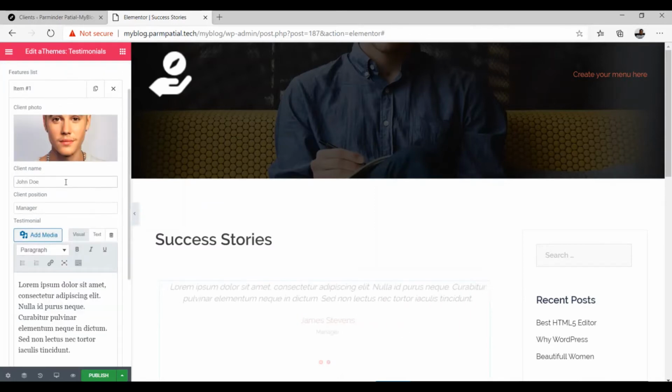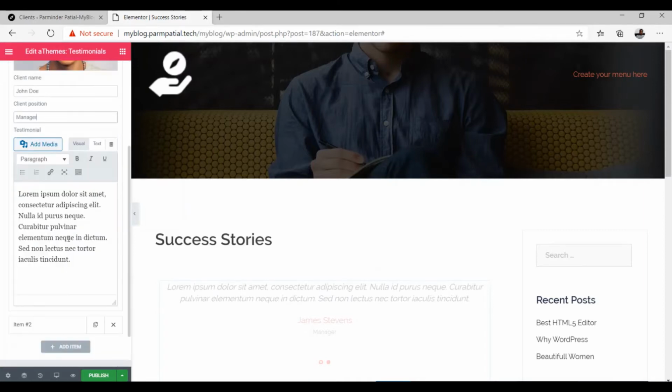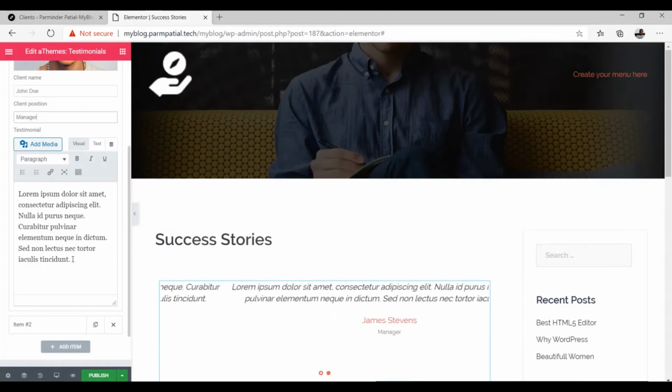By default it is given as John Doe. I'm just happy with that, and the position is manager, and here you have to write the information that is given to you by your client, or you can ask your client to write something about you. So that thing you can use over here. So simply place that text over there.